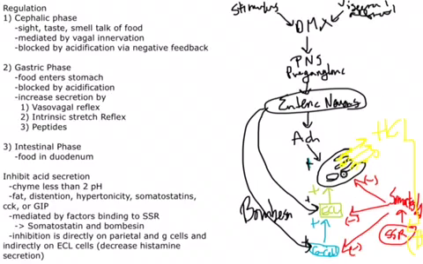This is the parietal cell right here. Or they can tell the G cells to release gastrin, which hits on the histamine, and then histamine secretes